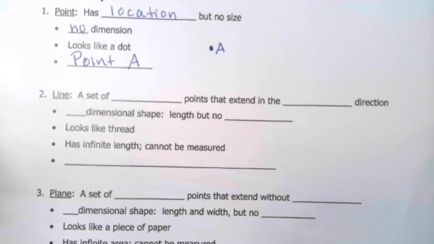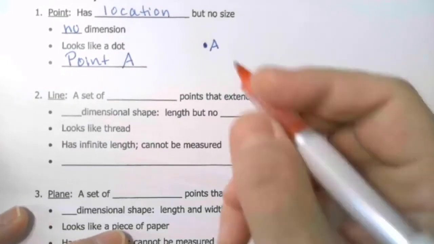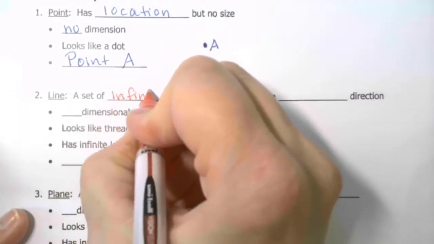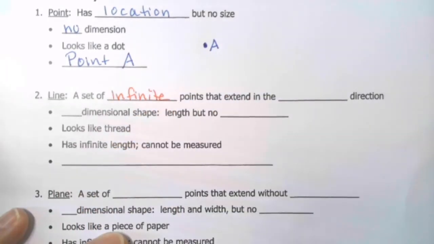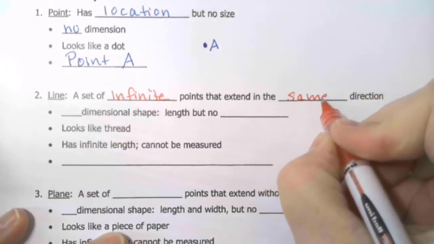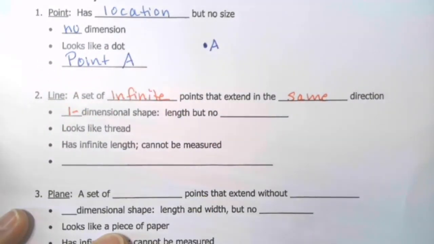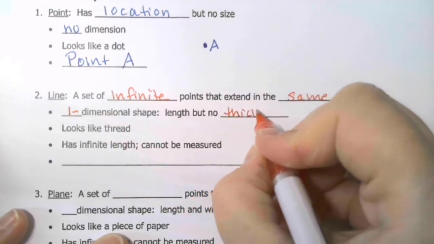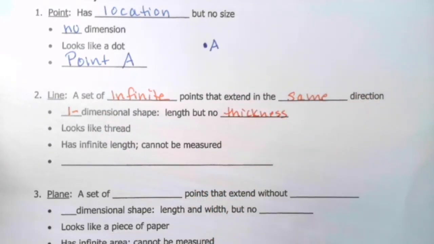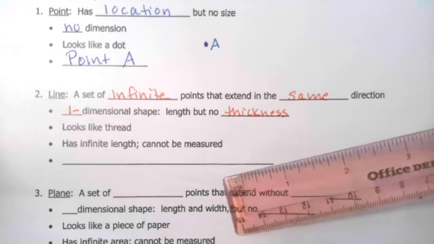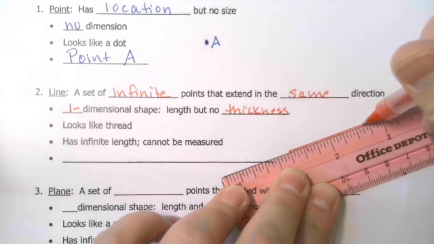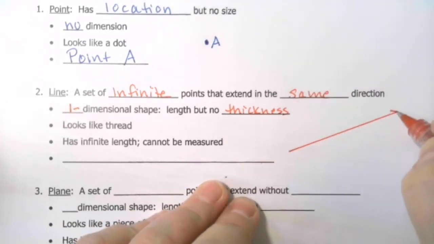Word number 2, line. A line is a set of infinite points that extend in the same direction. A line is what we call a one-dimensional shape. It has length but no thickness. It's a little like a piece of thread where you can say how long it is, but you really can't say how thick it is. A line has infinite length. You can't actually measure a line. It goes on forever. So when we draw a line, it gets arrowheads that indicate